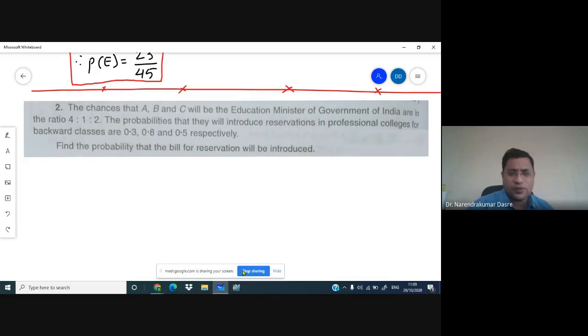Okay, so here first of all we need to understand what is going to be the partition and what is going to be the event. Once we are through with the event and the partition, then we are able to solve this problem easily. So the basic idea that we need to understand is the partition and the event. So can you tell me what is the partition and what is the event?